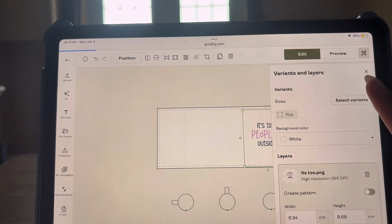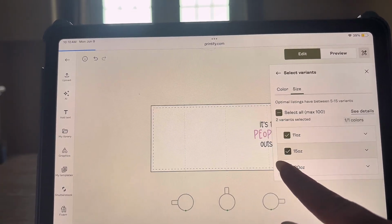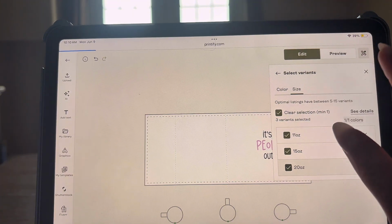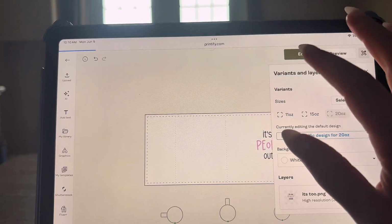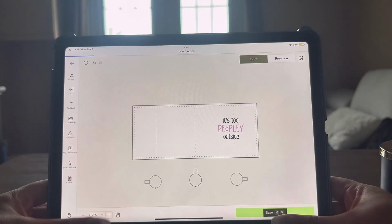And all we're going to do is you can select different variants. So the sizing, I'm going to offer all variants. I think it just helps it sell better. And it's that simple. So I'm going to hit save product at the bottom here, and we are going to